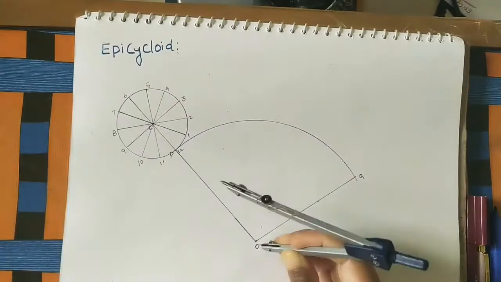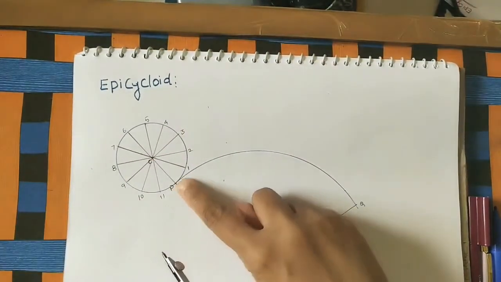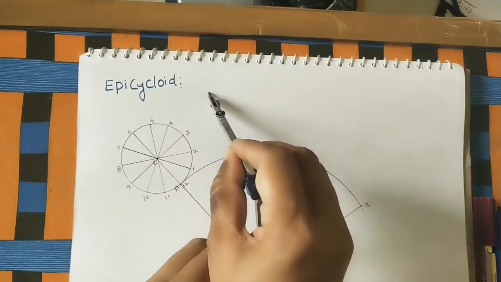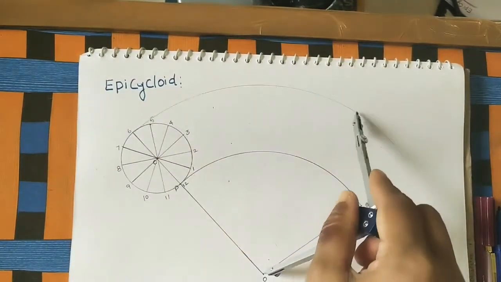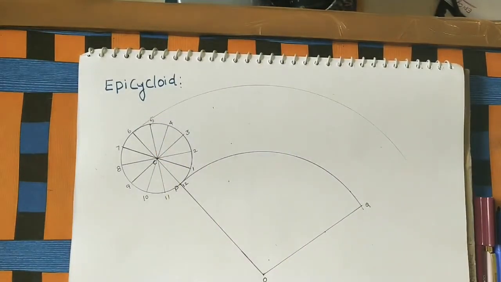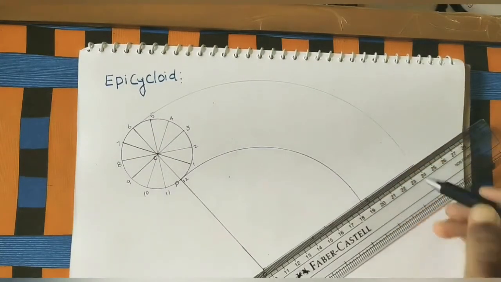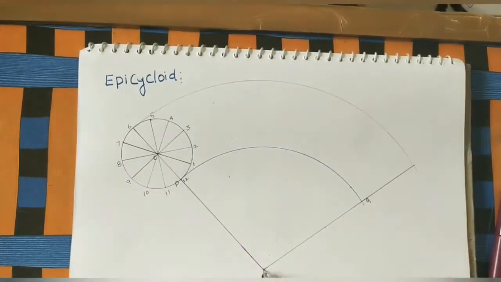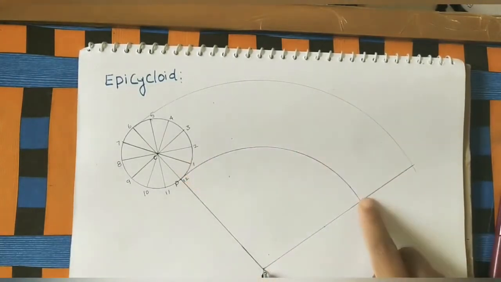Okay, so here O as center. Already we did the arc at this point. I will take the end point, 6th point, and do one arc here. Here I will extend this line up to this last arc with the help of scale, so that it is the last line for one complete revolution. Now I extend this arc to this. So this is the last line; for one revolution, this P point will come at the Q.